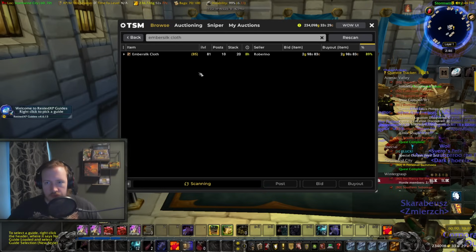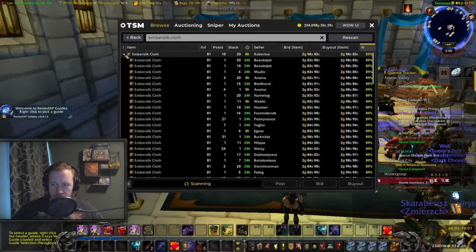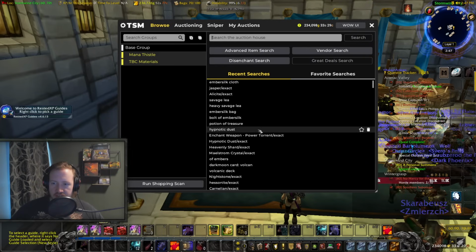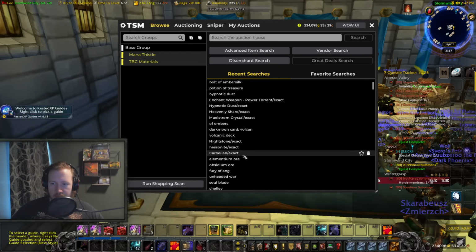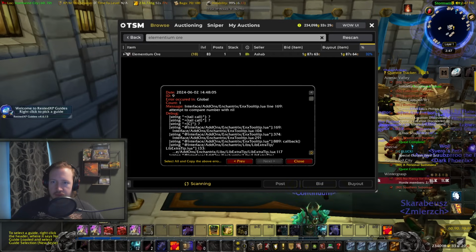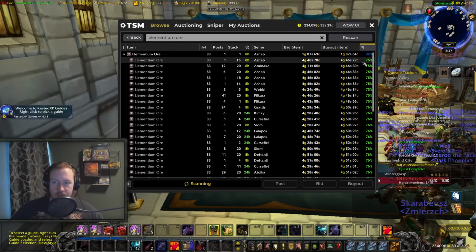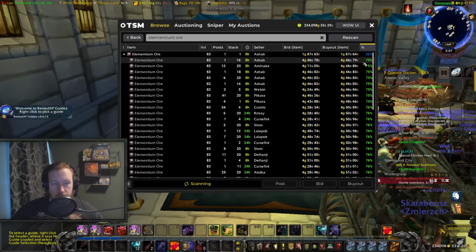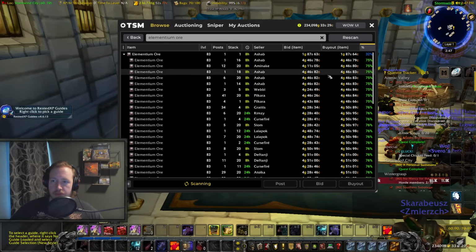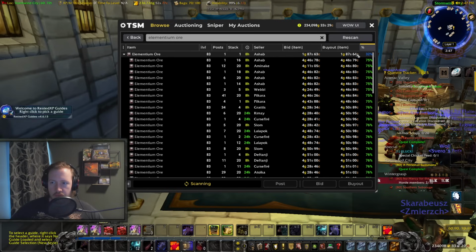But for Ember Silk Cloth, for example, somebody puts up one stack of 1 for about 1 gold, and then hoping people follow suit. And just in case there's nothing on the auction house right now, I'm going to keep searching for a couple of items where it happens. So Elementium ore, for example, it happens every now and then. Here we go, 1 stack of 1 for under half price, right? They're usually selling for 4.46, and one person put up 1 stack of 1 for 1 gold and 87, hoping